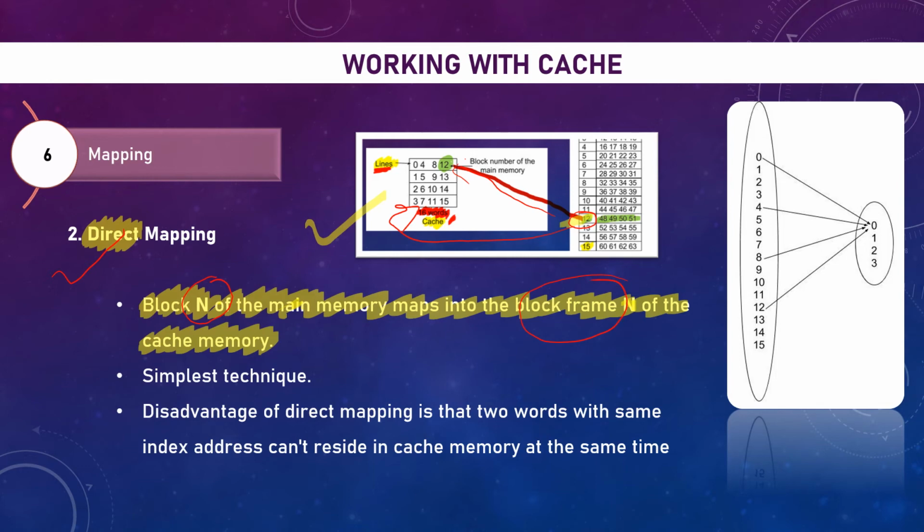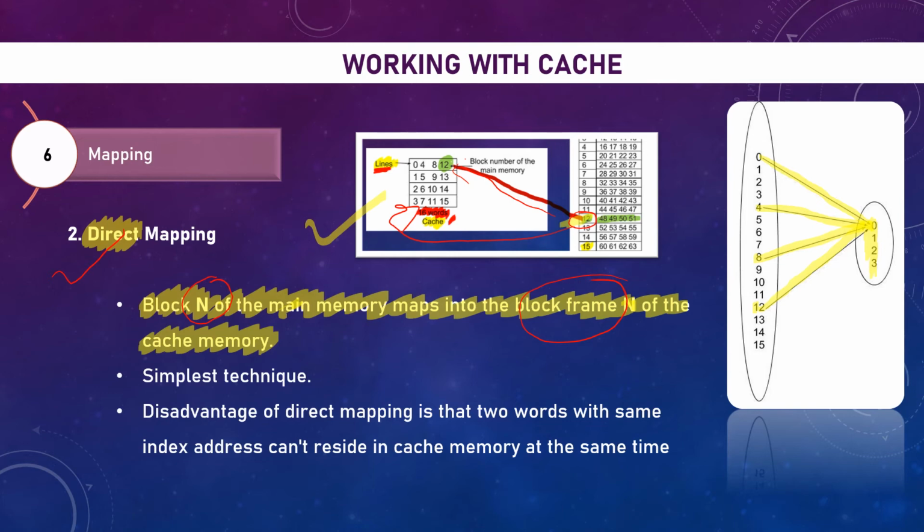So if you see in this diagram, here we have different blocks, and each is associated with, means if I want to shift 0, then it has to go to this 0. If I want to shift 8, this way. If I want to shift 12, then this. Means if you want to map 0, 4, 8 or 12, all these 4 blocks have to map to the 0th line, right?